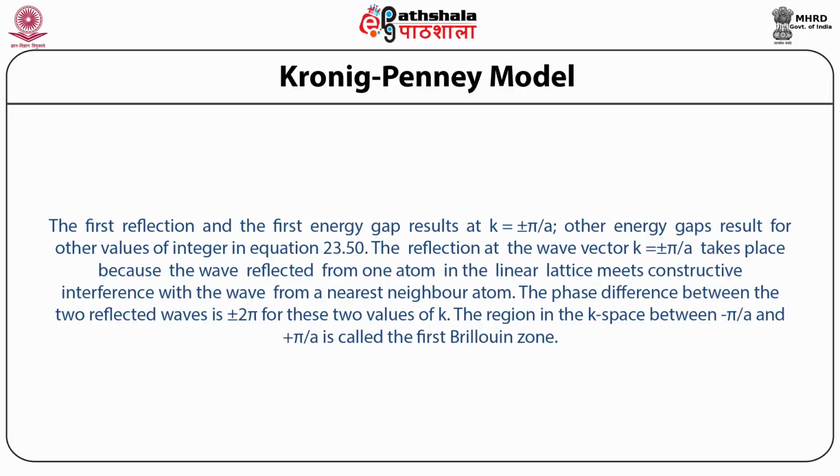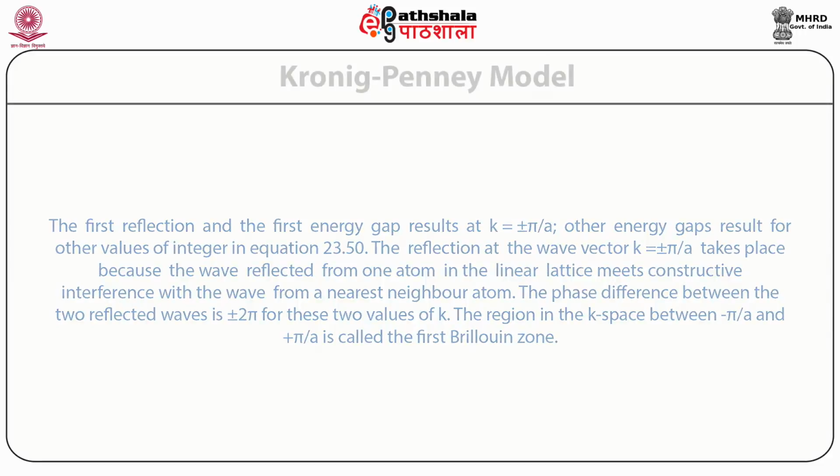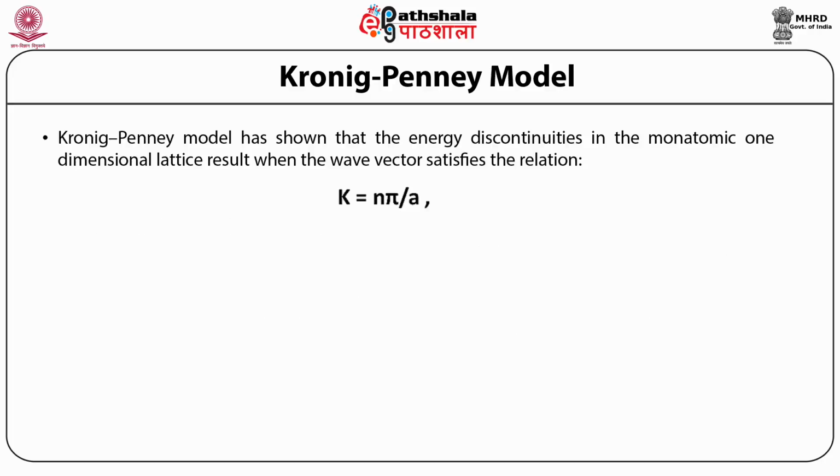The reflection at the wave vector k equal to plus minus pi by a takes place because the wave reflected from one atom in the linear lattice meets constructive interference with the wave from a nearest neighbor atom. The phase difference between the two reflected waves is plus minus twice pi for these two values of k. The region in k space between minus pi by a and plus pi by a is called the first Brillouin zone. The Kronig-Penney model has shown that the energy discontinuities in the monatomic one-dimensional lattice result